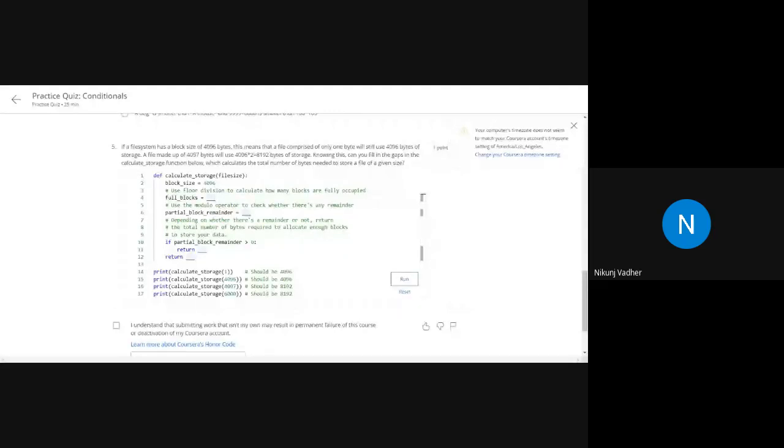So here, full blocks is equal to file size floor division block size. Okay, and partial block remainder. Here it will be file size modulo block size.